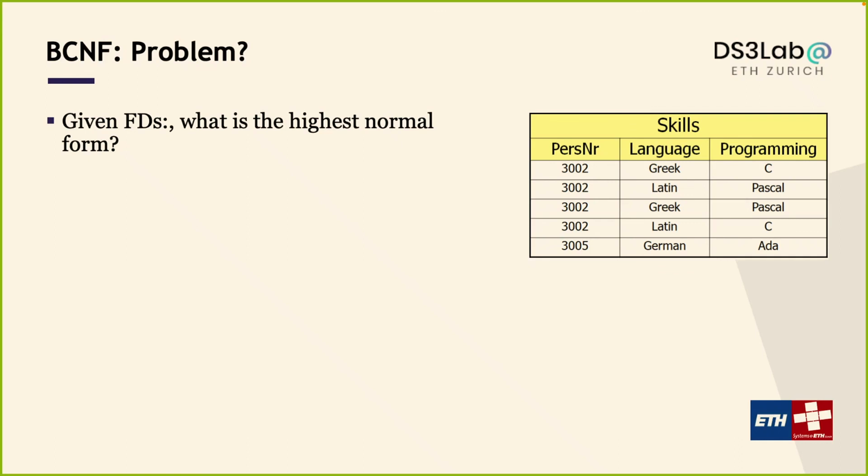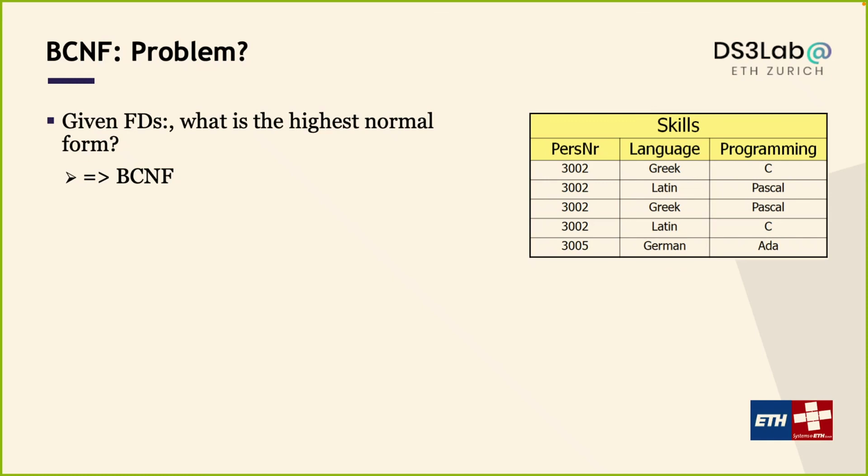What is the highest normal form of this one? So this one is actually in BCNF. If you think about why, it's because what are the functional dependencies that we have here? Do we have person to language? No, we don't have that, because one person can speak multiple languages. Do we have person to programming? No, we also don't have that. Do we have language to person? No. Do we have programming language to person? No. Essentially, there's no functional dependency here at all,